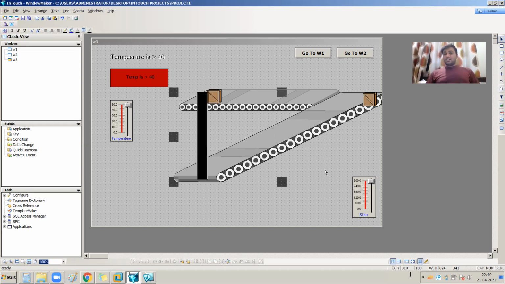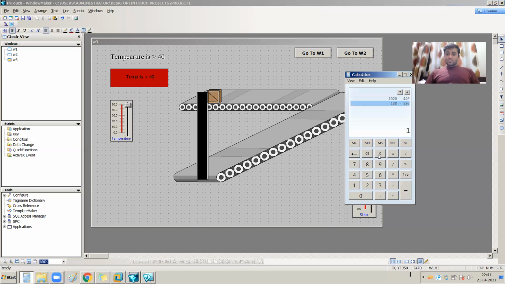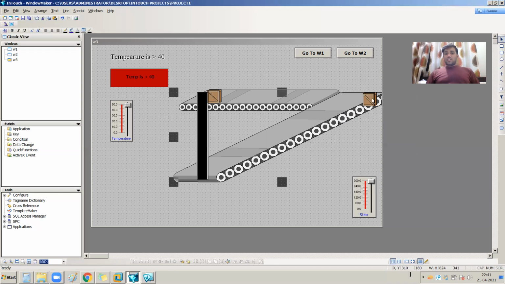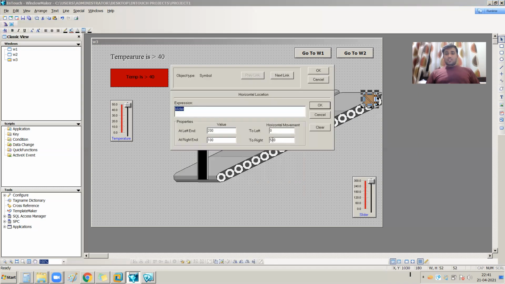It is at right hand side, so the right hand side x value is 1020, and what is the left hand side? 320. Okay, 1020 minus 320, 700, right? So the right hand side default value is 0, and to the left hand side the value is 700. So it will move from right to left 700.